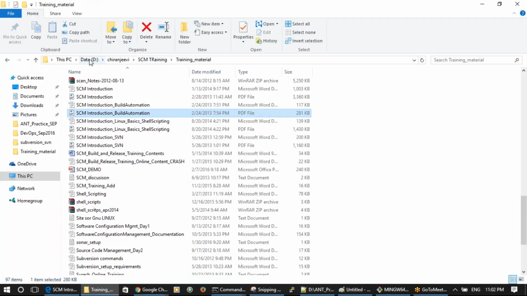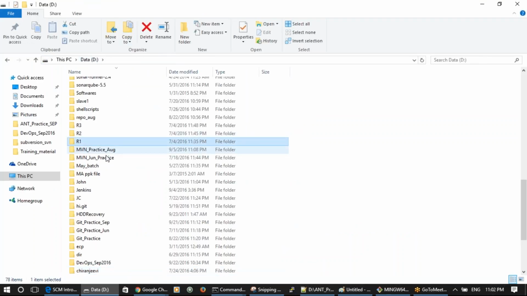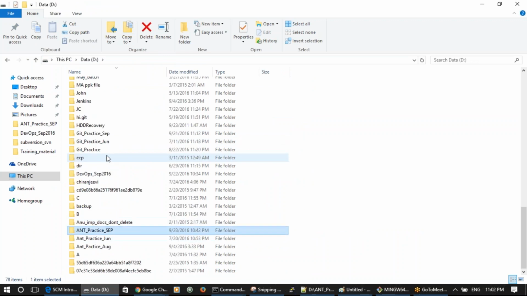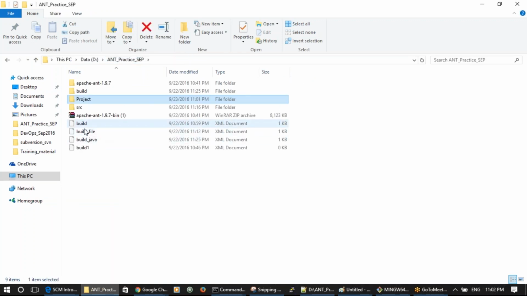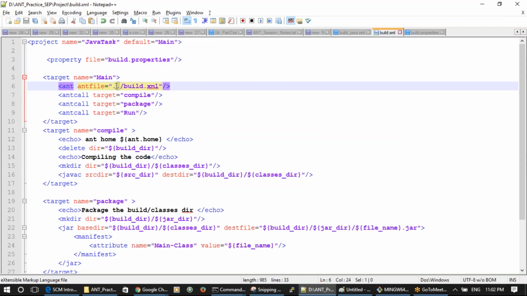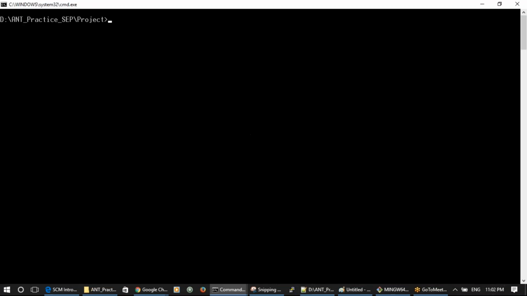If you look at this, and practice September, right now I'm inside here. I want to execute a build XML in the parent directory. So I'm just typing double dot slash something, and you'll go into the parent and it will execute that file. If you wanted to cross check whether it is really executing or not,